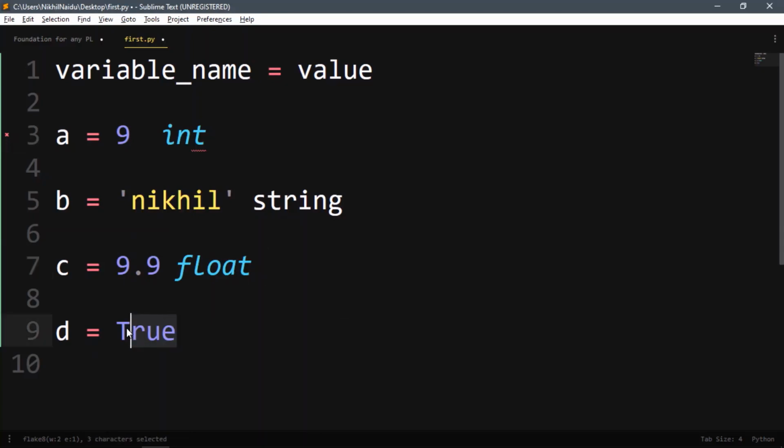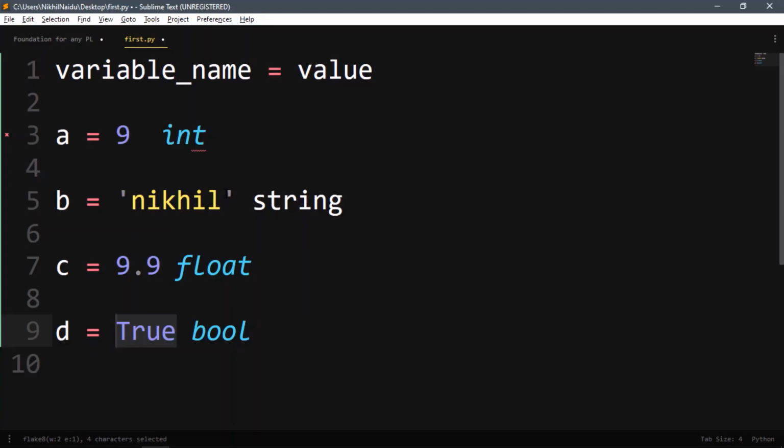This is a true value. So what is the type? It would be boolean. Boolean will only have two values, true or false. What differentiates a string from a boolean? This also has letters, right? But it has a specified value. It will only have true or false, nothing else.